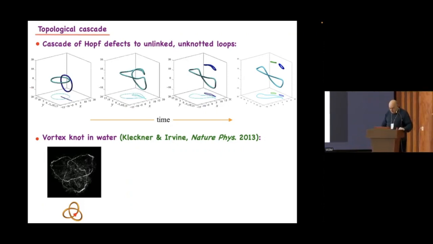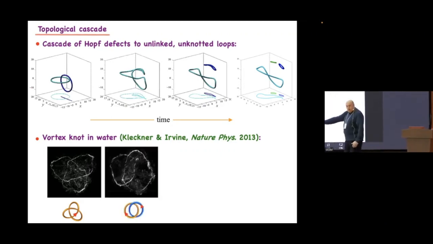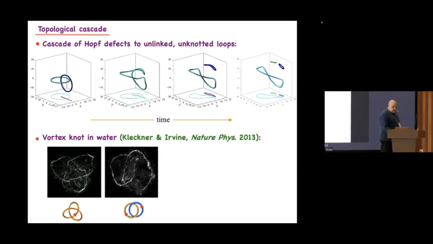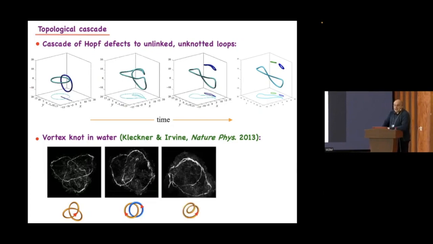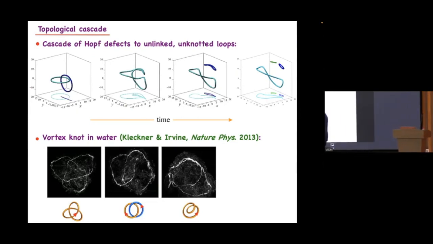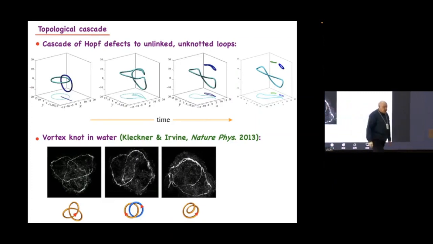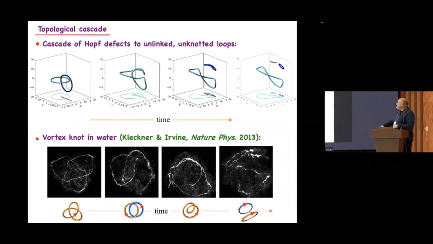Anyway, what we see here is the production of a trefoil knot in water, visualized by vapor bubbles, tiny bubbles, and then it evolves. Down below you have a drawing of the topology, not the geometry. You can identify, as the authors did, that the trefoil knot decays to a Hopf link, and then a single unknotted structure. Of course, it's very hard to see. It is highly convoluted. It goes up, and then it goes down, etc. And then it further decays down to a number of loops. And then, of course, dissipation kills off everything.